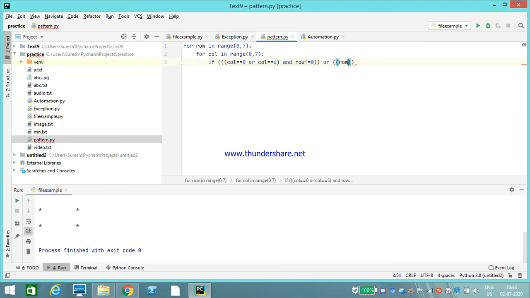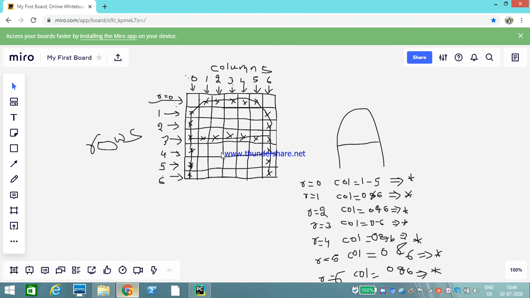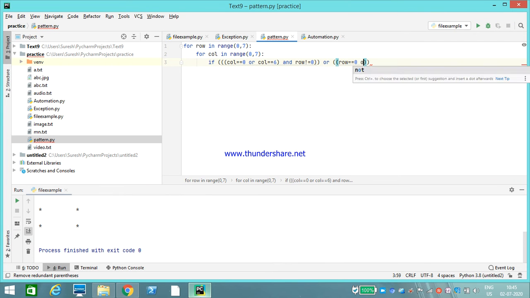Row is equal to 0, meaning this row 0, and which other row do we need? Row 3, right? Row is equals to 3.